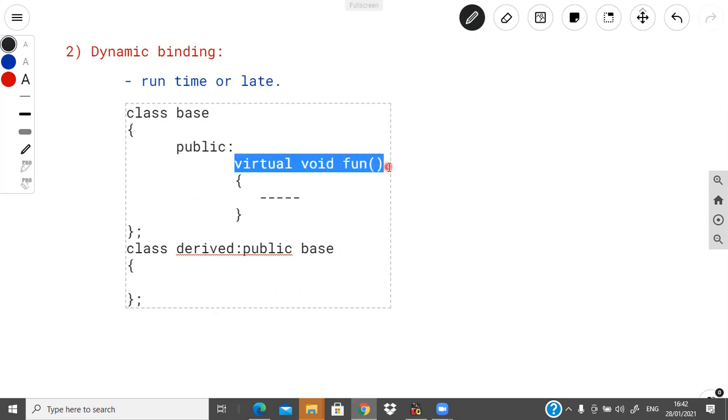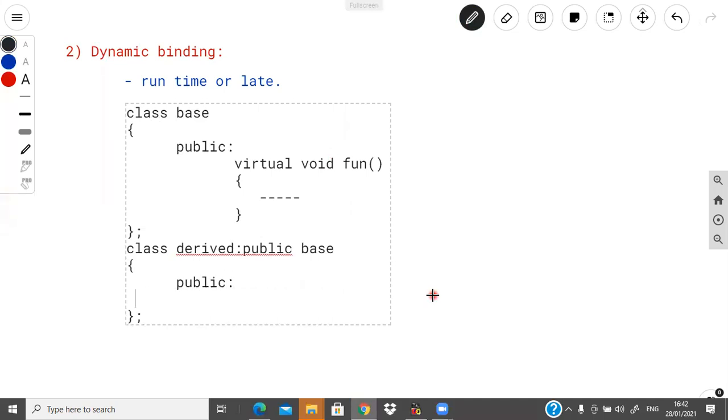We have to redefine this virtual function in the derived class but without the virtual keyword. So in the derived class I'm redefining the same function which is in the base class but without the virtual keyword, because it is only associated with the base class. In this case we can use the virtual function like this.